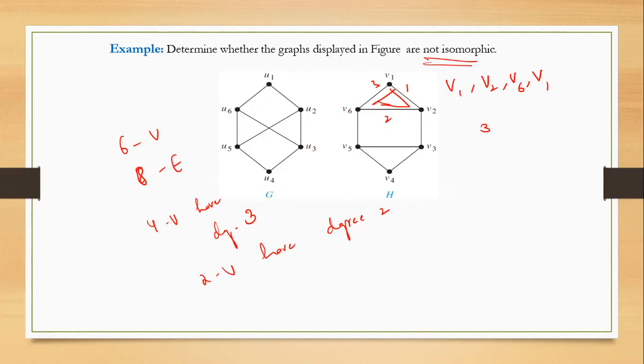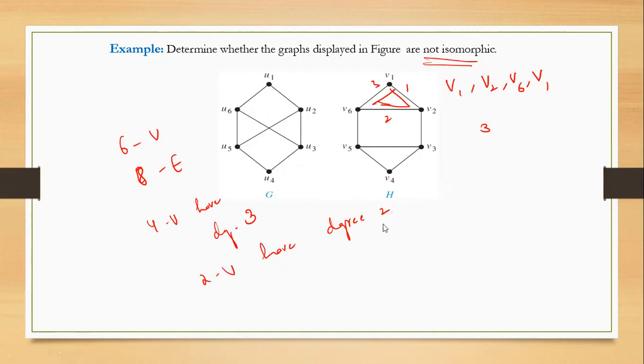Whenever we are talking about isomorphism, in graphs which have fewer edges and fewer vertices, it is very easy because we can just check the vertices, edges, and the degree. But if the number of vertices and edges is increasing, or it is a graph with many vertices and many edges, then it is difficult to find. So this is another criterion, that is checking the length of paths or circuits.